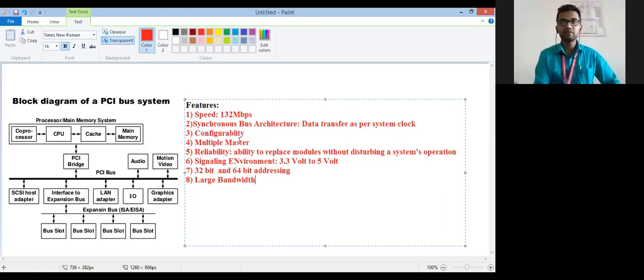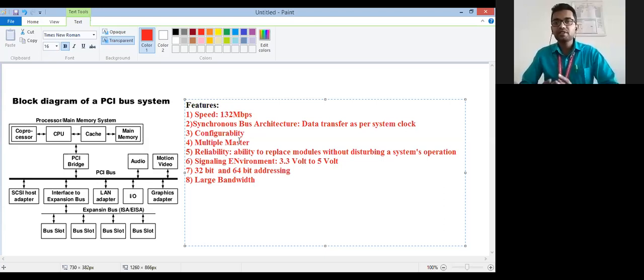Okay. So this is our PCI bus. If we describe PCI bus, we can say that peripheral component interconnect is a high performance bus, which is used to interconnect chips, processor, memory, and the expansion board. So generally PCI bus is used to interconnect different memories, different chips, different processors and the expansion board. Like we have seen, the LAN adapters and host adapters are all connected using the PCI bus.